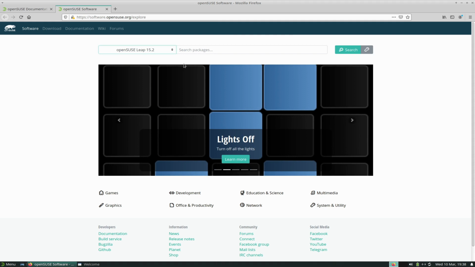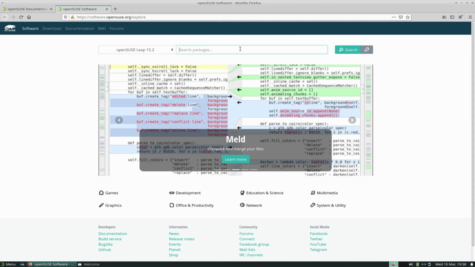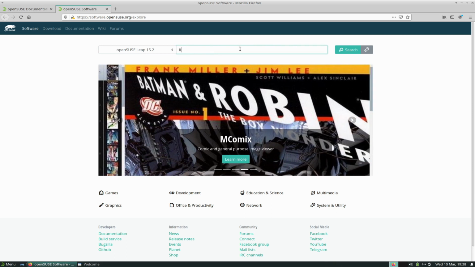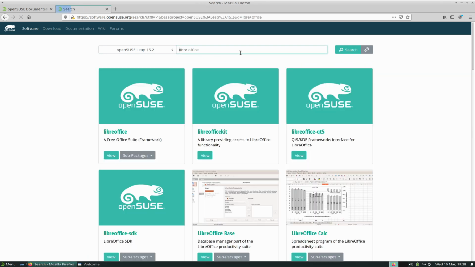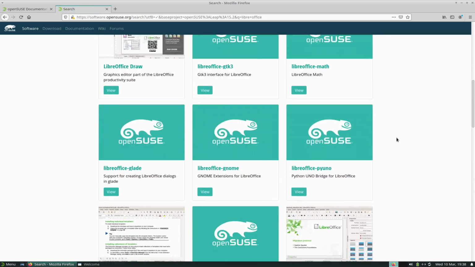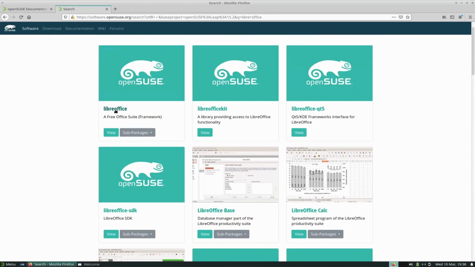And then we can search maybe for LibreOffice. And then we can see the packages, and when we select this one,